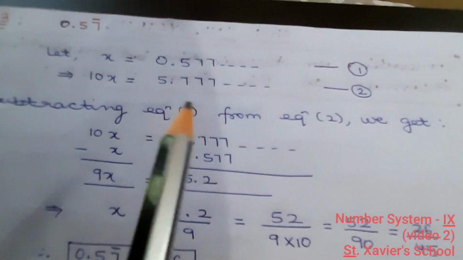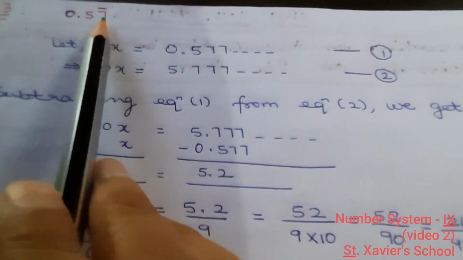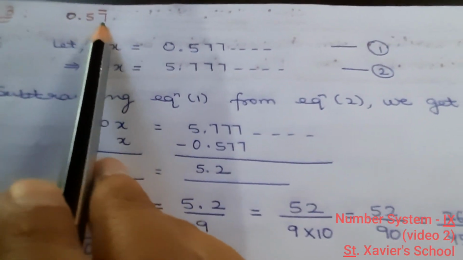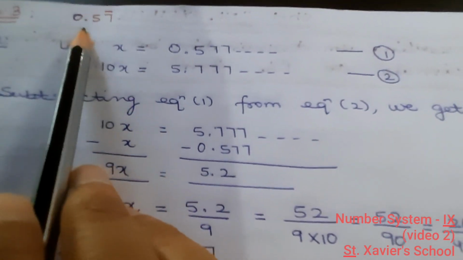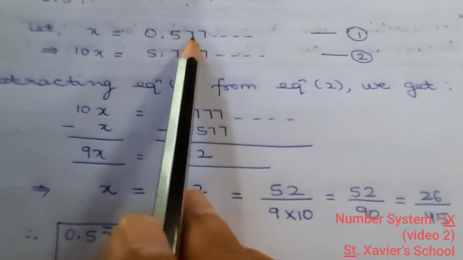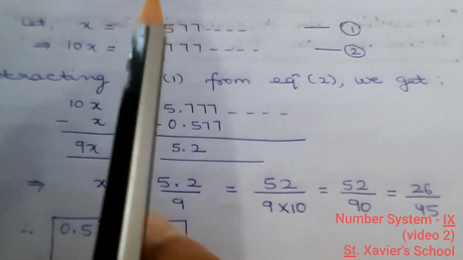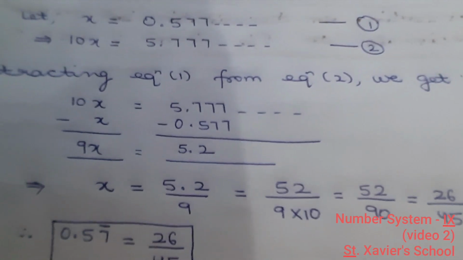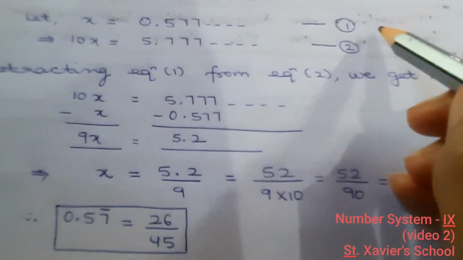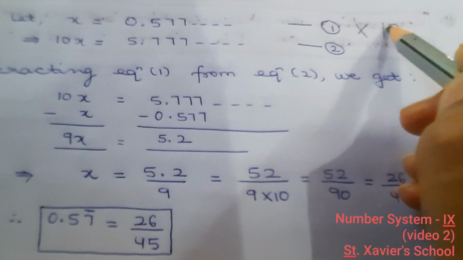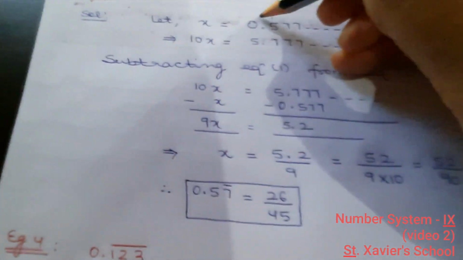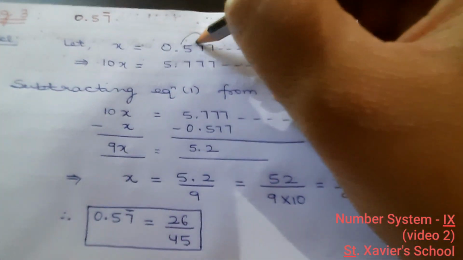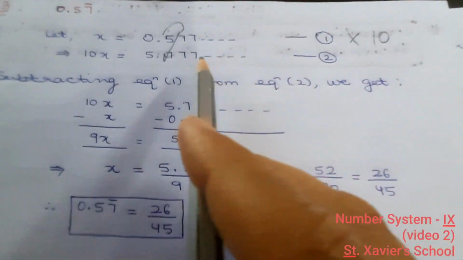Right? Let us take another example. Example number 3. In example 3, I am taking 0.57 bar. Mind it, beta, only 7 is repeating because the bar is on 7, not on 5. So let x equal to 0.5777 and so on. Again, only digit 7 is repeating. That is, just one digit is repeating after the decimal. So here also we shall multiply it by 10. Now when you multiply it by 10, the decimal will shift one place. So it will be